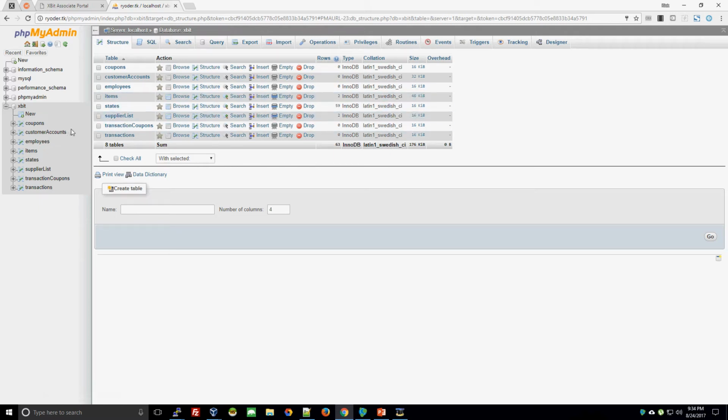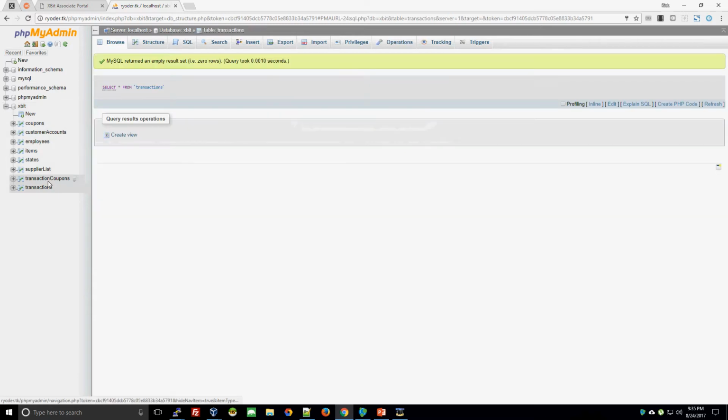So as you can see right here, I have some tables: coupons, accounts, employees, items, states, supplier list, transaction coupons, and the actual transactions themselves. I am actually missing one table. I have not added that yet. It's a transaction item table, so we can keep track of every single item that's rung up for a given